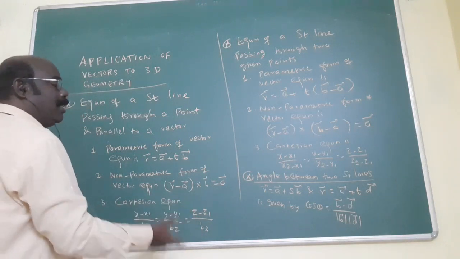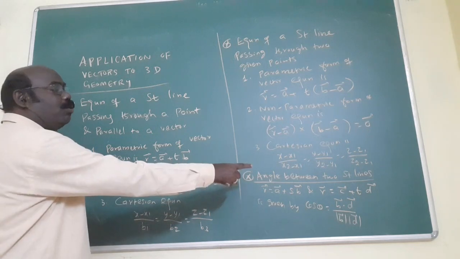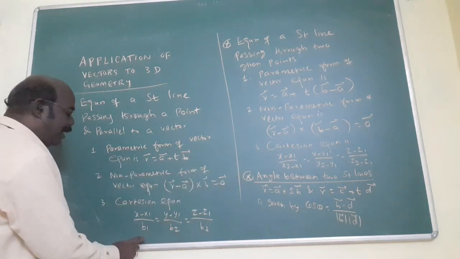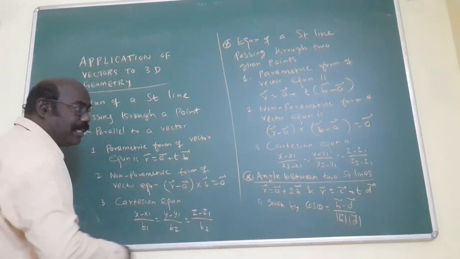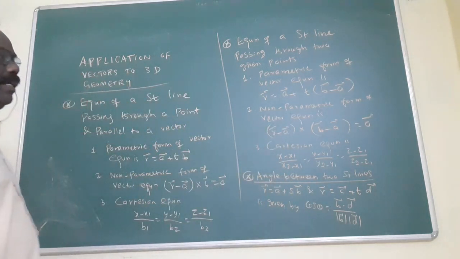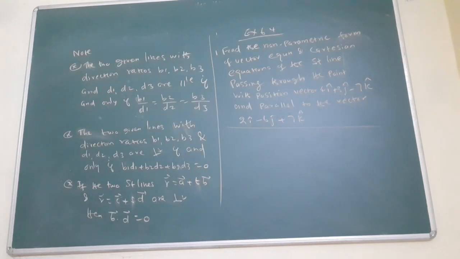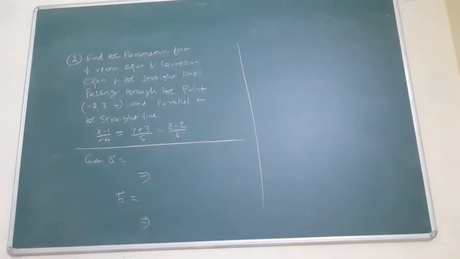Suppose sometimes this type of equation comes, and the denominator is there. Let it be the p vector. The next equation gives the d vector. After that, write the formula, and subsequently we get the answer. This is the idea, a simple idea. Now the next concept, a small idea.